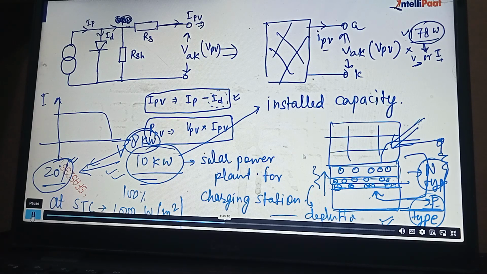Okay. So we were discussing this IPV and PPV. For this 10 kilowatt panel, we have to see what would be the intensity of light, and what would be the function of this. If I'm saying we have installed a 10 kilowatt panel, that is installed capacity, right? That is not the actual capacity for which we are supplying the power, because of the efficiency,